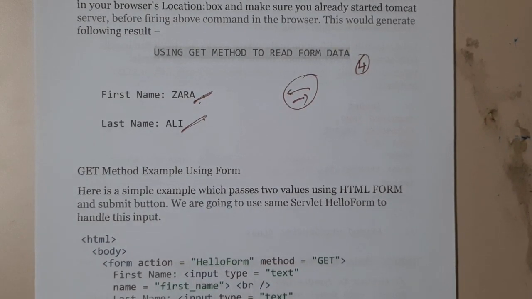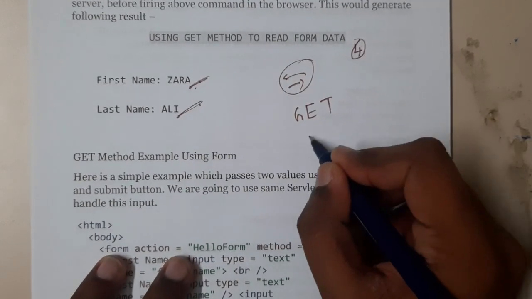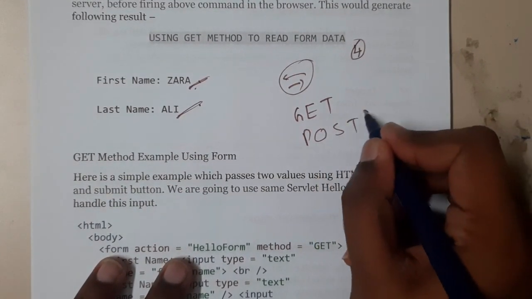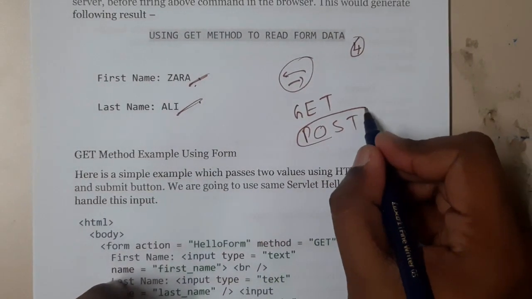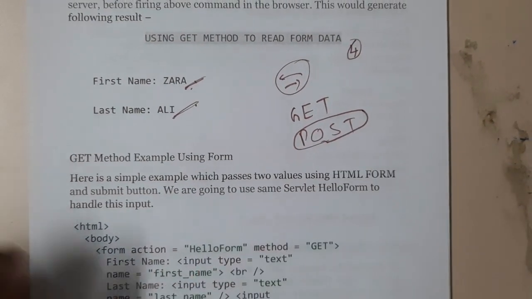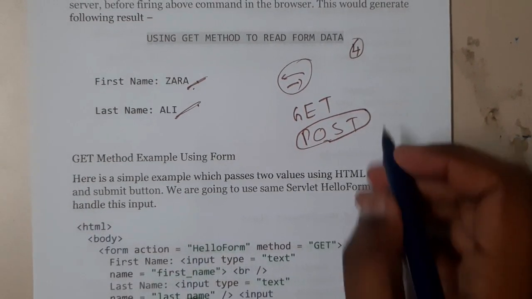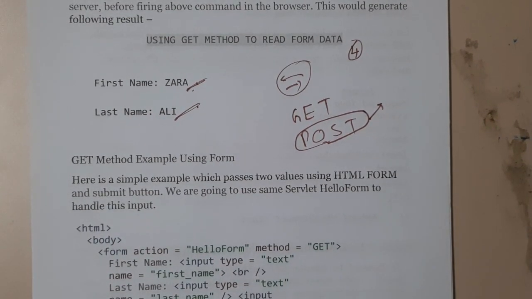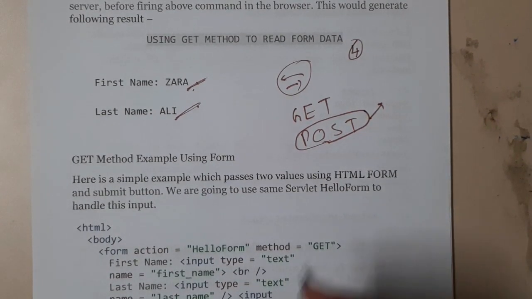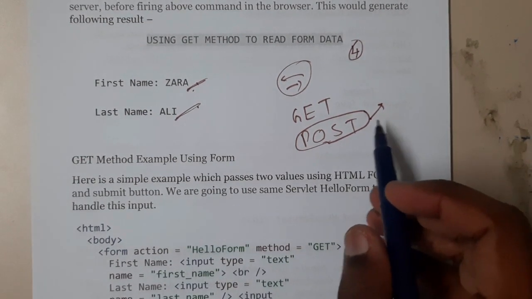Here we will be using two methods, that is nothing but get and post. I think both will be used here. Basically, post is what you say when you are posting an image on your Facebook or Instagram. In that situation, are you sending the data or collecting the data? You're sending the data. So that indirectly says that it is nothing but post.